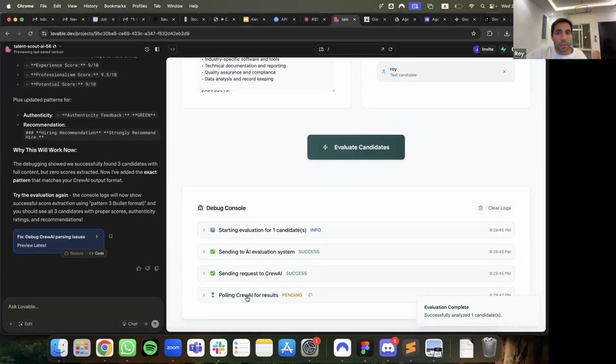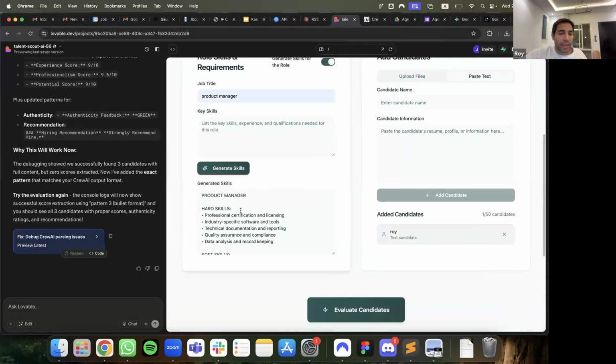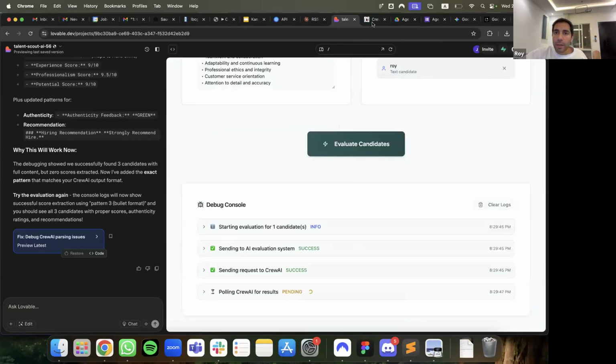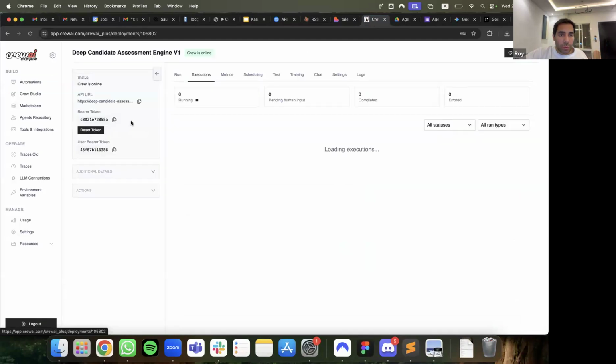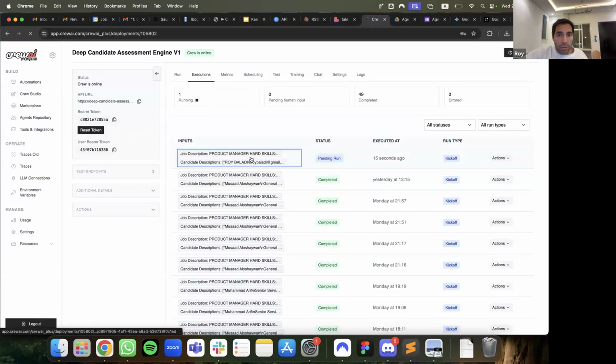And what it's doing here is it's going into Crew AI to see how good Roy can be as a product manager. In here, I'll go into what it's doing. It's running right now. What it's giving me, just to inspire you. It took all of Roy's information. It took all the product manager information. And this is with no coding.